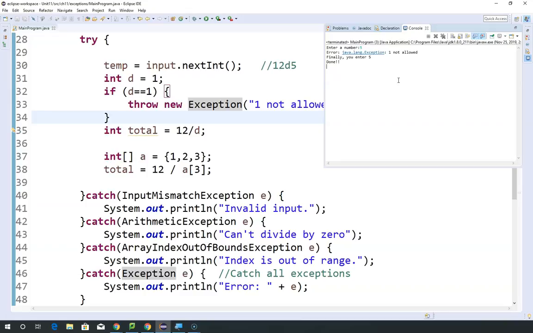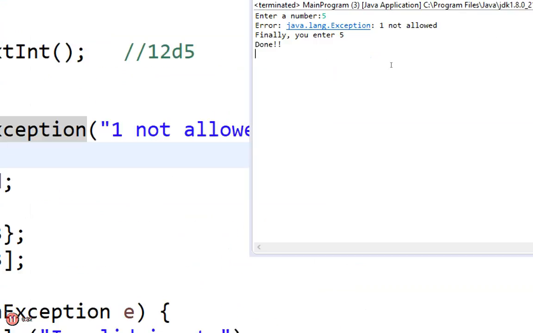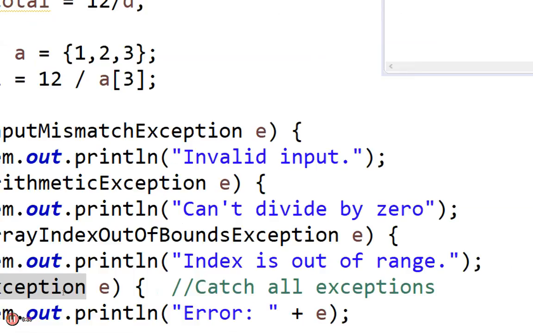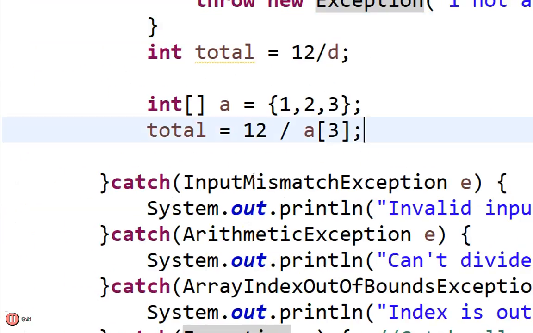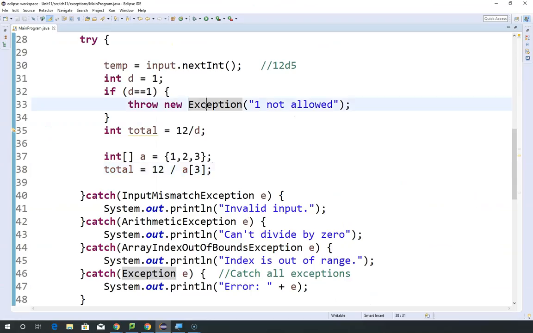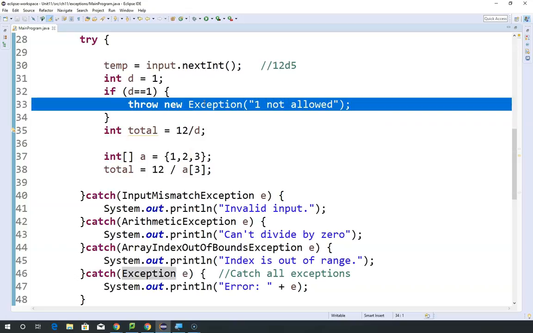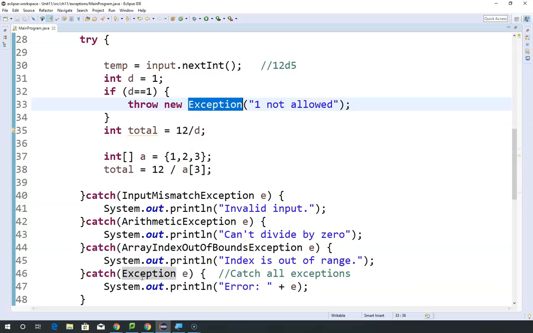Right? I get an error over here. It says 1 is not allowed. And the error is just an exception, because I call it exception. Okay, you call it exception. So you can pass your own message to the exception, and this is caught because this is a very broad exception. It's going to be caught by this one here,